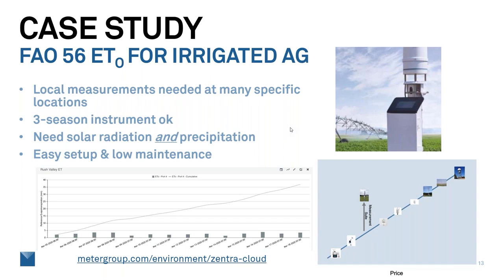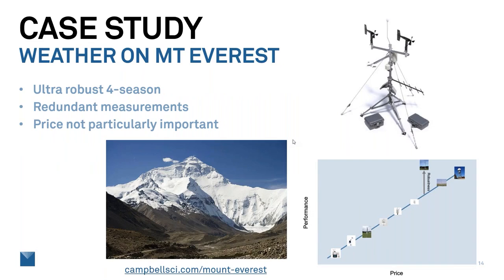And so this is a really nice turnkey system for the farmers. The second case study that I'd like to talk about is completely different. Okay, so the one that we just talked about is ease of installation and maintenance and some specialized measurements. Well, this is a different